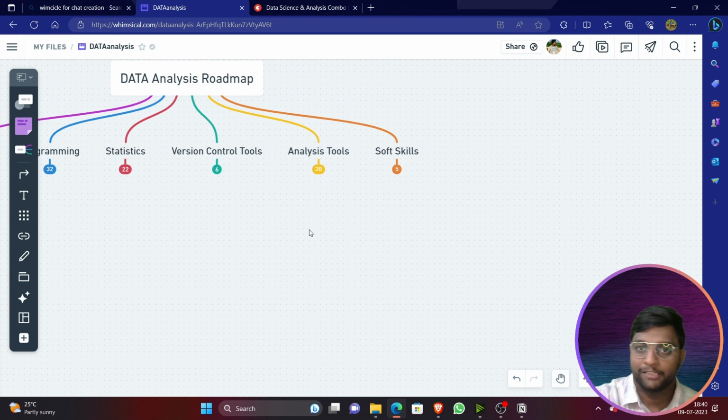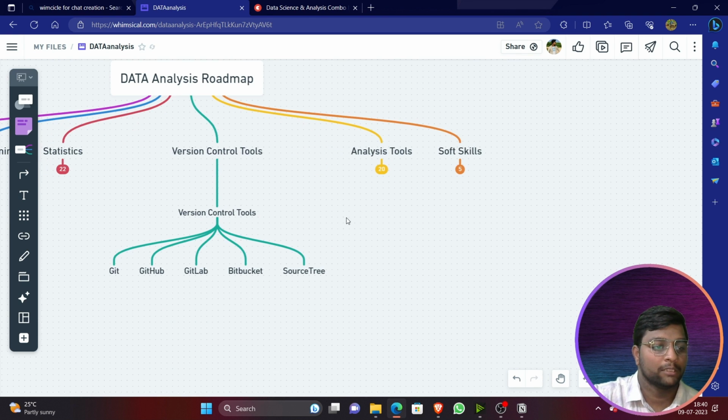Once you learn statistics very well, then you can almost think that you can easily crack the job. But there are some other things also recommended for you, which is nothing but version control tools. This is definitely important for any IT employee, whether it's a software developer, a data scientist, an analyst, a data enthusiast, or a student entering into this IT field.